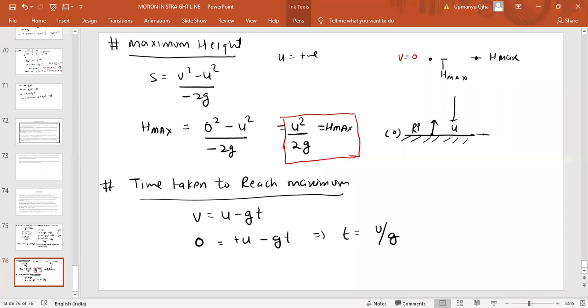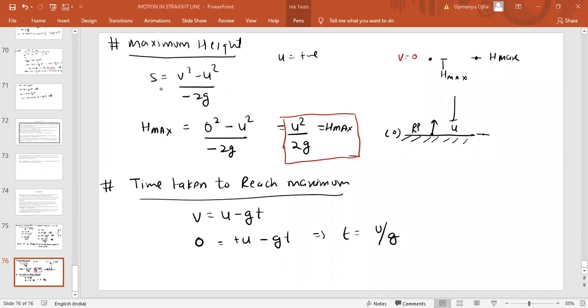Okay. See, you can do an experiment also. When can you have the maximum height? You throw the ball upward. When the ball stops at some height, that is the maximum height which you are getting. You can do the experiment. You throw some object upward. When can you have the maximum height? When the body stops. So that is why we've taken final velocity as 0. Okay. Fine. G is 9.8 only. I am just representing g here.